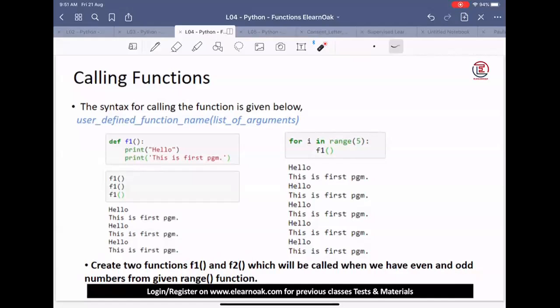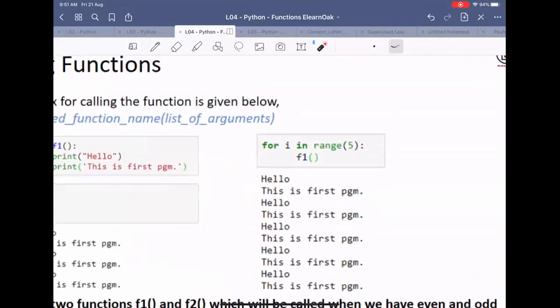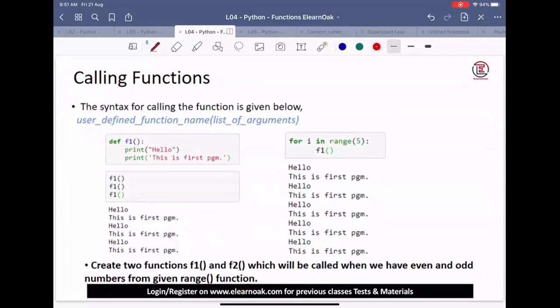So this is the idea. Now, had this been a normal class, I would have asked you to write this function. Sadly, I think it will be difficult for you to write this in the chat box. I will try to solve this here and tell you how this will work. So we are writing a loop in which range will take even and odd values. When it takes an even value, we'll call f1. When it takes an odd value, we'll call f2.